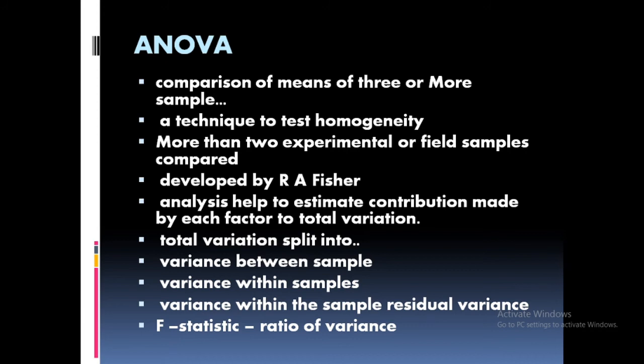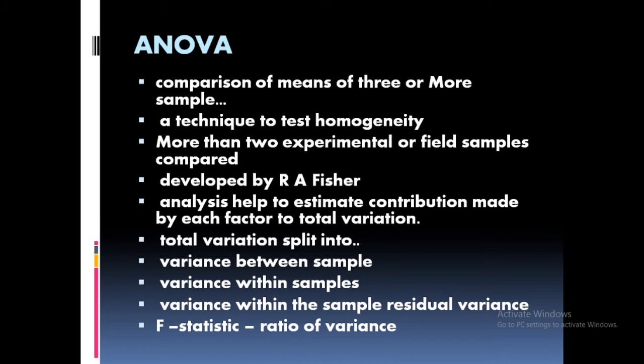Okay. It is a technique to test homogeneity of means, to test the hypothesis that means do not differ significantly. This technique was developed by R.A. Fisher and is extensively used in agricultural experiments. In various experimental designs we use ANOVA, which we will study later. And this is a procedure which separates variation due to one set of causes from variation due to other sets of causes. This is a very commonly used technique.